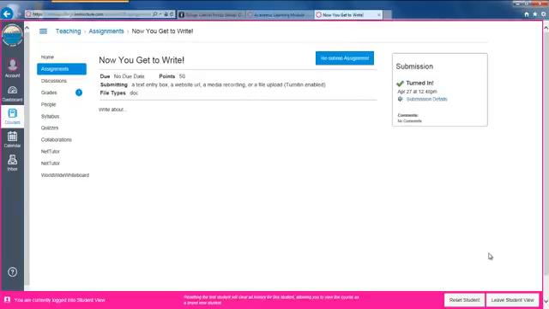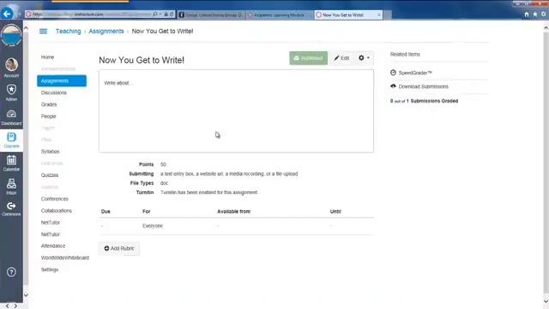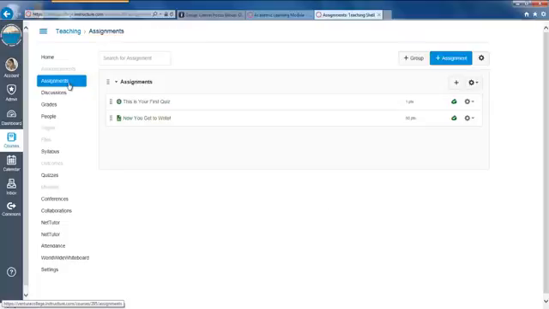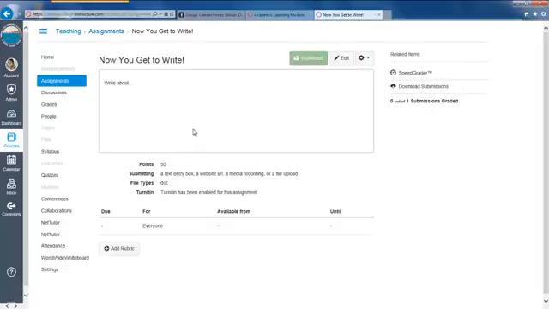And I'm going to leave student view because I need to create something as the instructor. And I'm here at my assignments. If you aren't right here, you can always go to the tab where it says assignments, and then you can find that assignment. I'm going to go to the writing assignment, and this is where I want to create my rubric. To do that, there's a button on the bottom left. It says Add Rubric. So click Add Rubric,